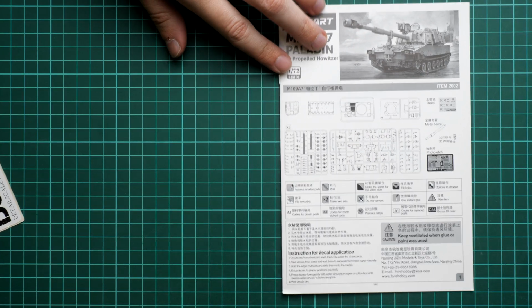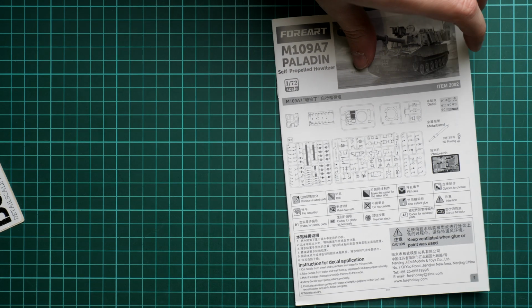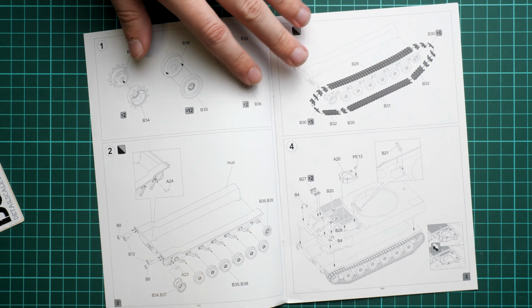And now we are coming to the assembly manual. So this one is printed in form of brochure, but I'm not sure if it's color printed. Here we have the black and white page, so I guess everything will be black and white. But what about the marking guide? So let's